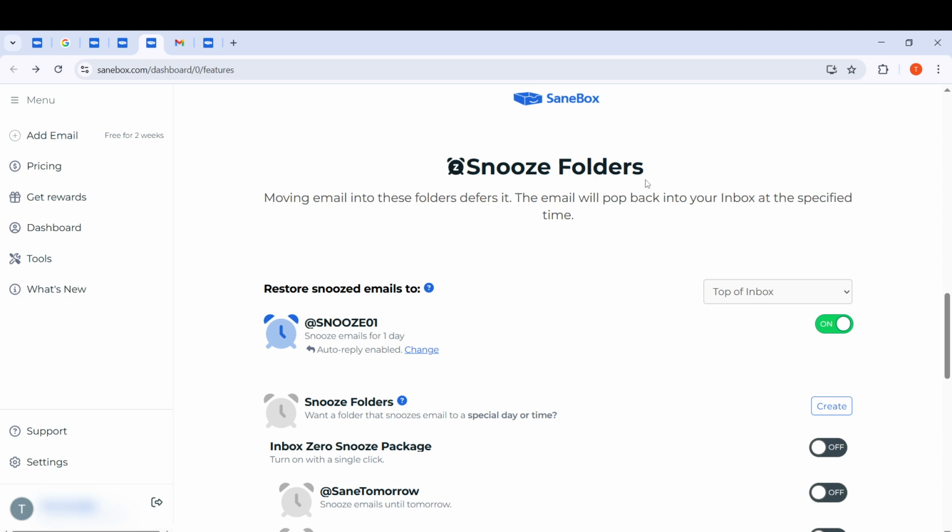Now, when you locate your specific snooze folder, look for a little drop-down menu next to the folder name. This menu allows you to control where your emails will appear once they come out of snooze mode. Click on that menu, and you'll be presented with several options. For our purposes today, you should select Top of Inbox. By doing this, once an email is unsnoozed, it will appear right at the top of your inbox, ensuring it